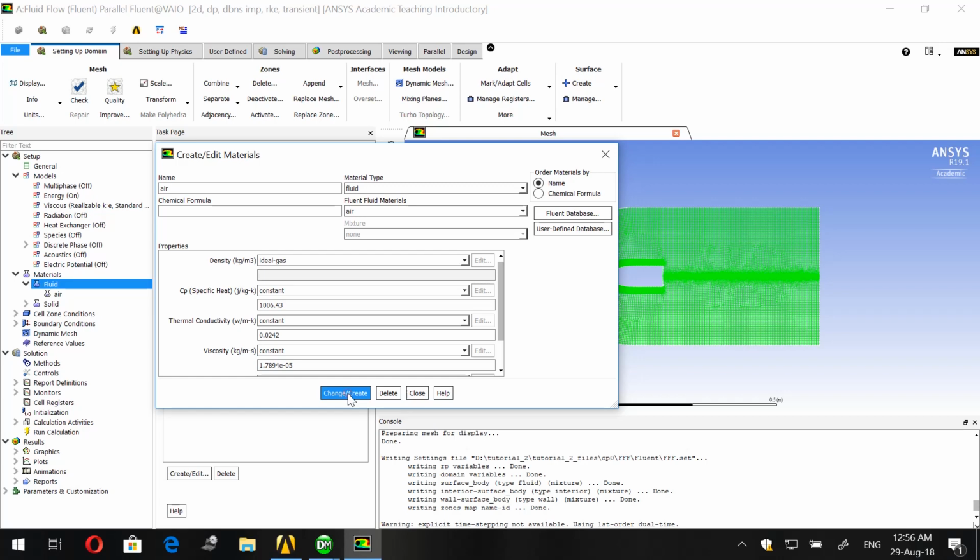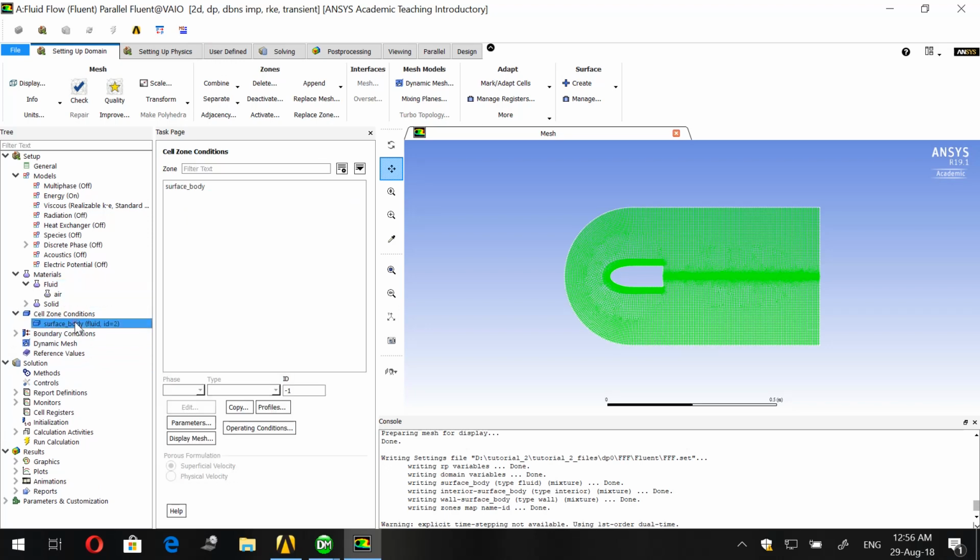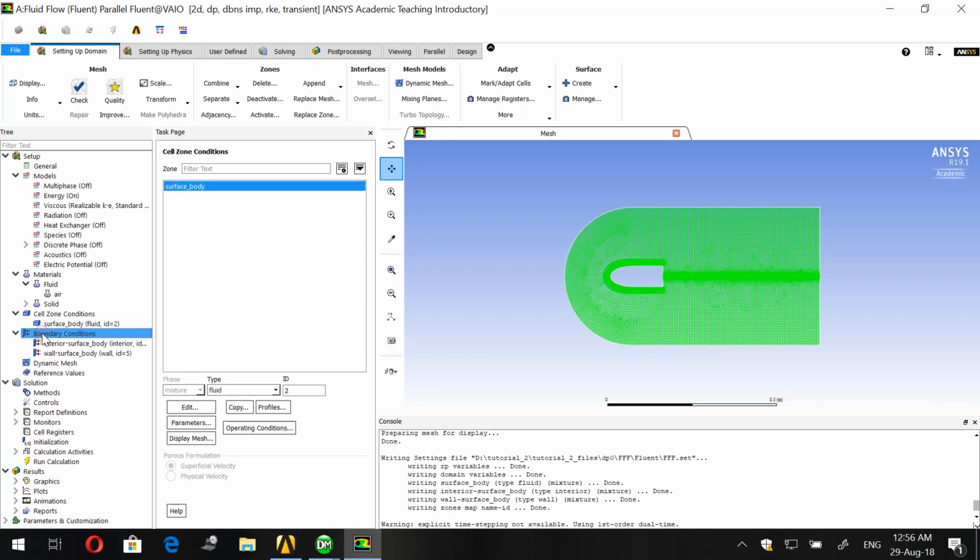So press change, create, then close, go to cell zone conditions, make sure this is fluid, and go to boundary